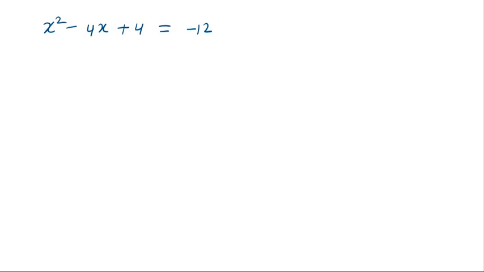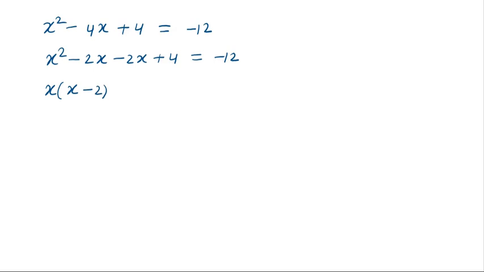Look carefully at this quadratic equation. This quadratic equation is a perfect square. Here we will apply middle term split and make factors. X square minus 4x is minus 2x plus 4 is equal to minus 12. Look carefully at the first two terms. Here x is a common factor. If we take common x, then x square divided by x gives x, then minus 2x divided by x gives minus 2.